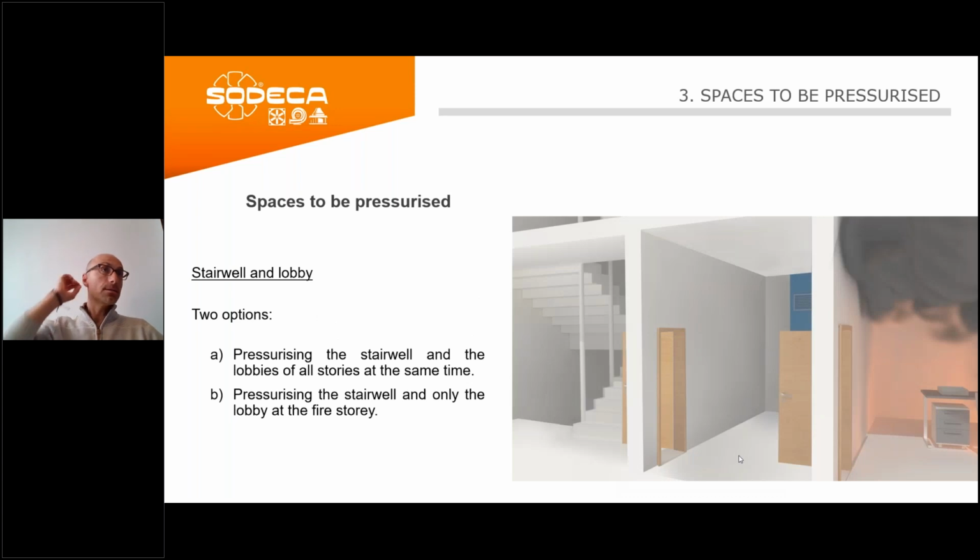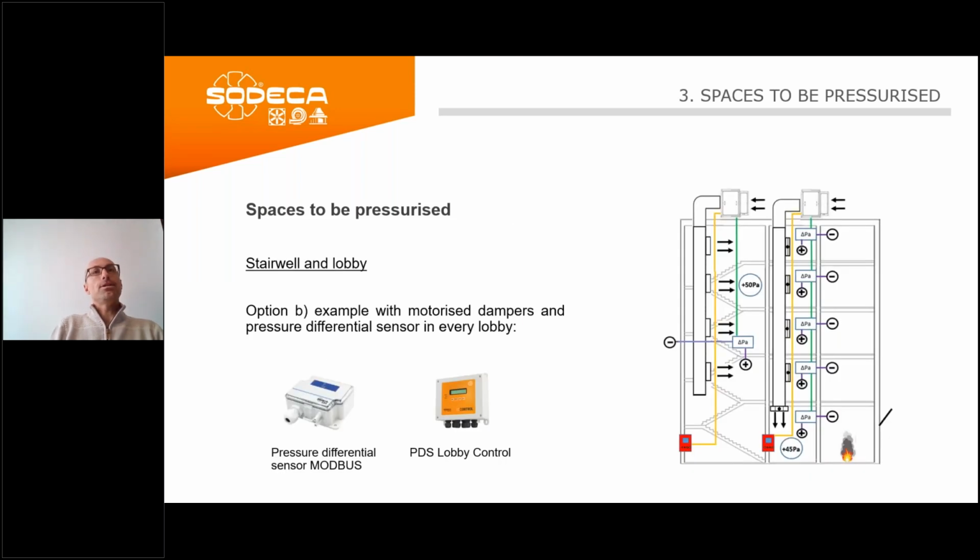If we have to pressurize the lobbies, we have 2 options: pressurizing the stairwell and the lobbies of all the levels at the same time, or pressurizing the stairwell and only the lobby at the fire level. If we choose the second option, typically for high buildings, because bear in mind, if you have a requirement of, let's say, 3,000 cubic meters per hour for each lobby, if we have only 2 lobbies, it's 3,000 multiplied by 2, only 6,000 cubic meters per